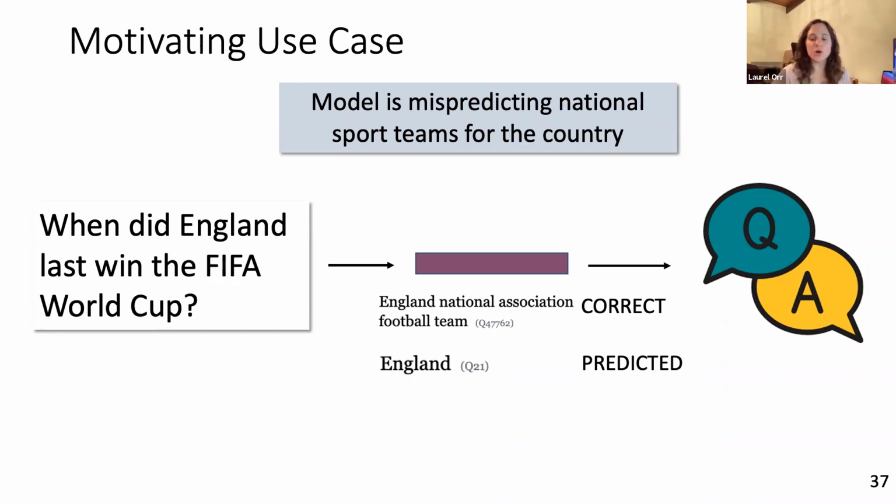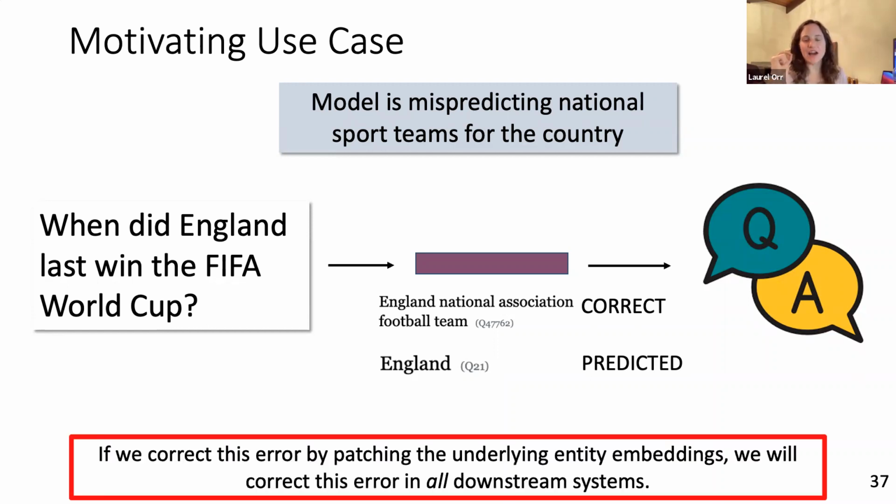So the solution that we're arguing for is that these errors need to be patched, assuming they can be, in the underlying embeddings themselves. Not only does this help maintain product consistency, but it's also an efficient method for patching errors, because when you patch the error in the embedding, the fix gets propagated for free to all downstream systems. There are some interesting questions we're still asking, such as, if you patch an embedding, how do you best update the downstream model? But assuming that's solved for you, the high level principle is that if you patch the embedding, you're going to fix all of the downstream models, at least with respect to that error.